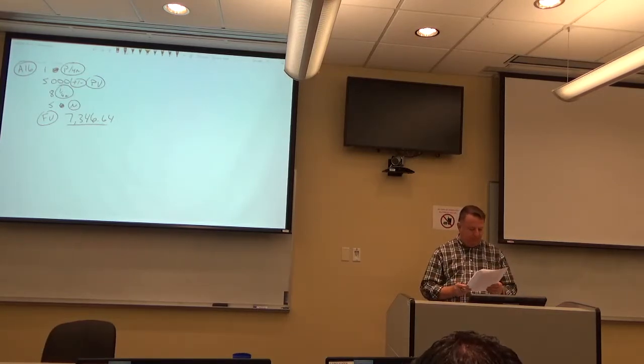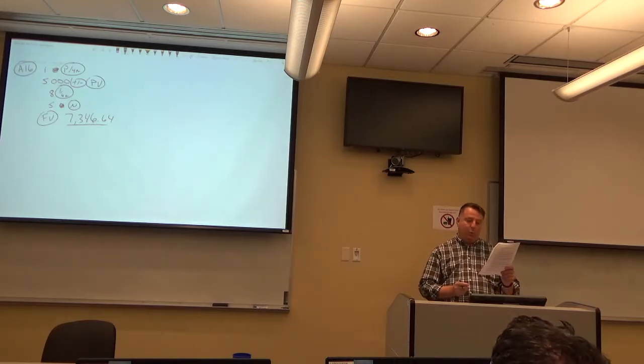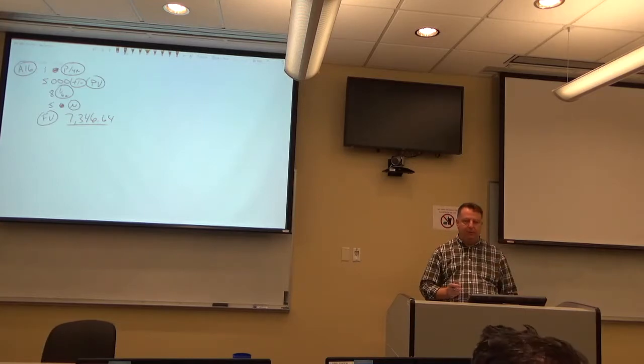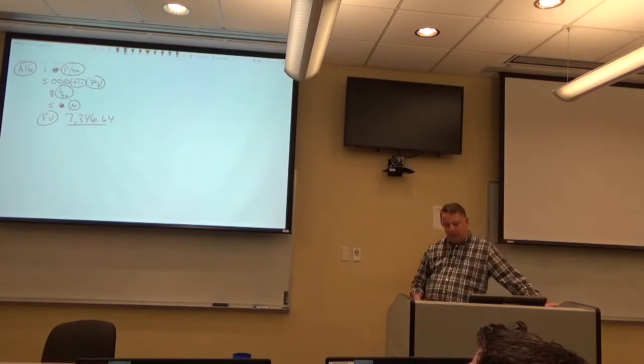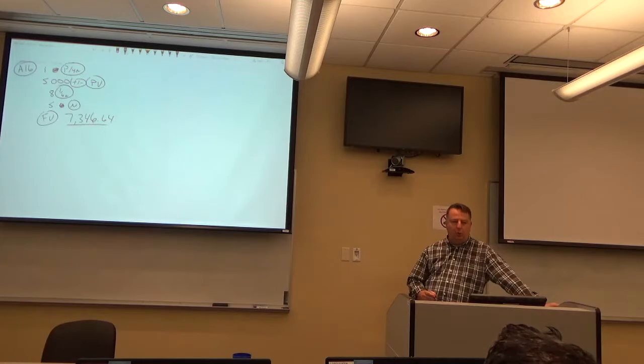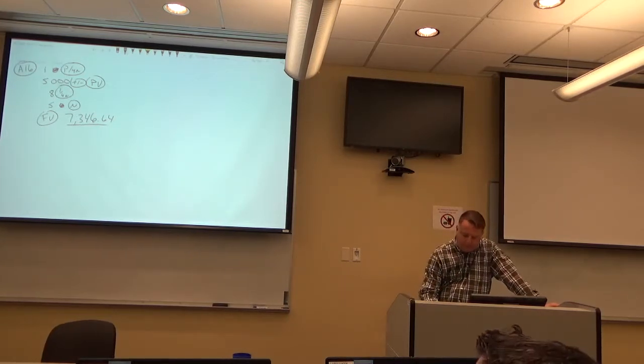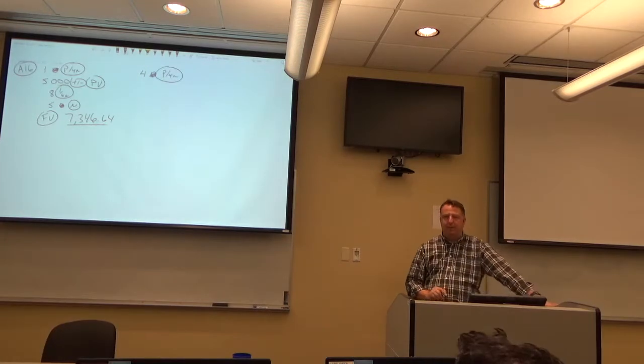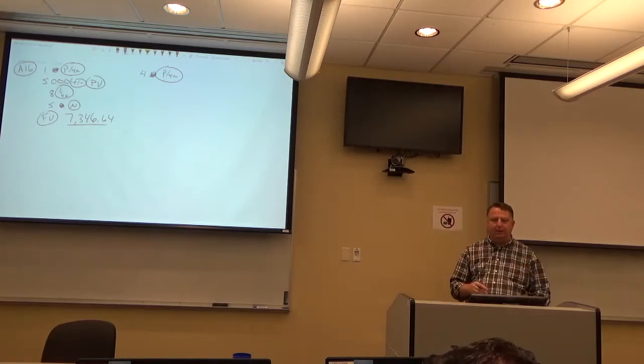Part B. Assuming that the account earns 8% compounded quarterly, how much will you have in the account at the end of 5 years? Okay, so how do we do quarterly? I was just saying 8 divided by 4, and 4 shift payments per year. Quarterly is 4 times a year, okay? All right, so in this case,